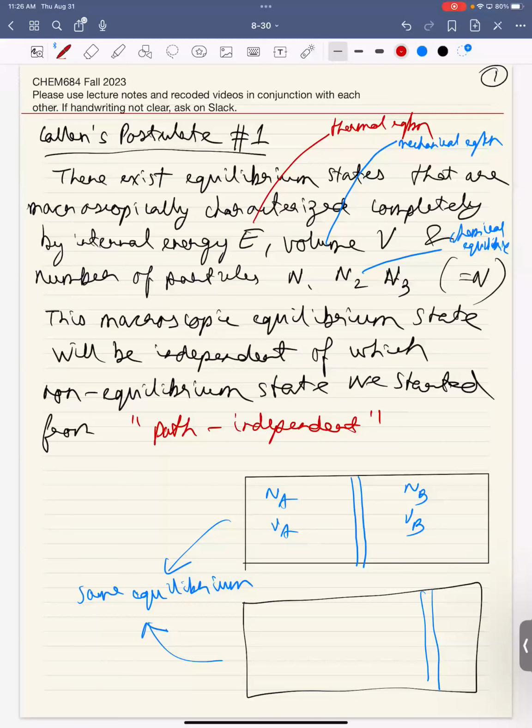This is very abstract, right? It doesn't really give you much to work with. Callan's postulate 2 is what really starts introducing the machinery. And suddenly we are going to enter a bit of math. We will write down Callan's postulate number 2. Then over the next couple of lectures, I will try to give you intuition into why such a postulate might be true. The first postulate, you can see why it exists. We know equilibrium exists from personal experience. The second one is complicated. Callan's postulate 2 says,